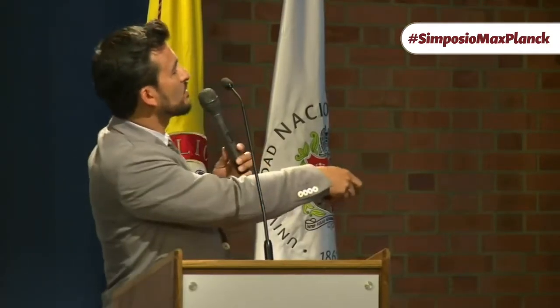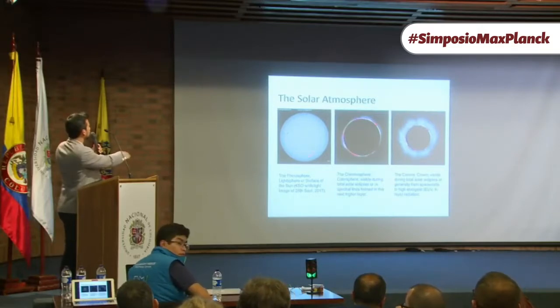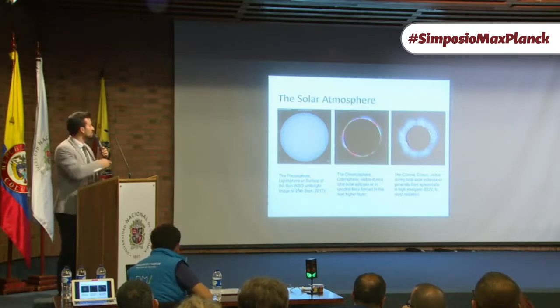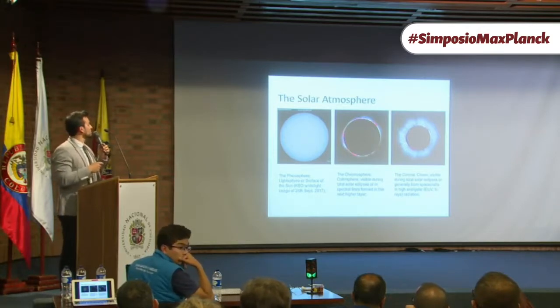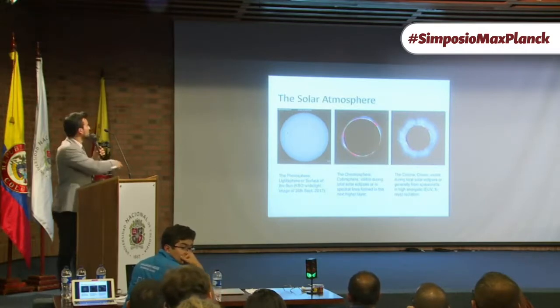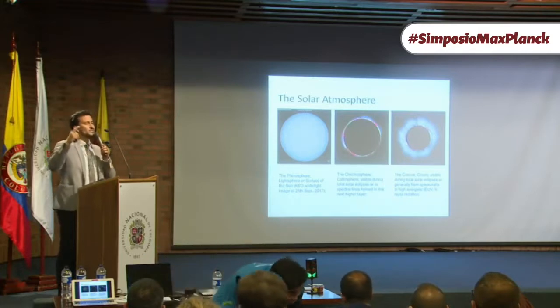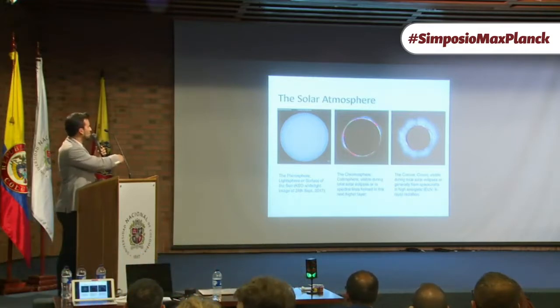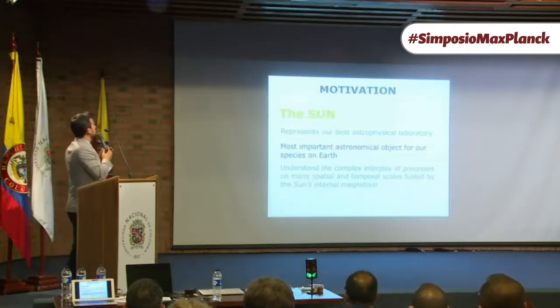These are the pictures that you can get with a camera and the proper filter. You have the photosphere, where you see the sunspots. You have the chromosphere, which is the one you see in total solar eclipses, and you have the corona, which is also seen in total solar eclipses. Actually, the name corona was given by a Spanish person, and it means the crown of the sun. Obviously, you need certain exposure times and things like that to be able to observe those structures in every layer.